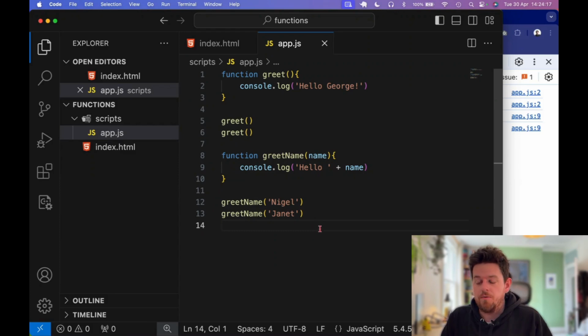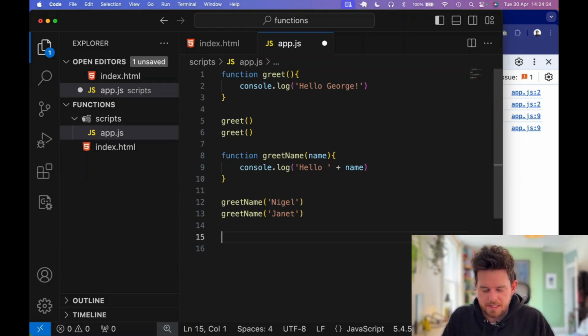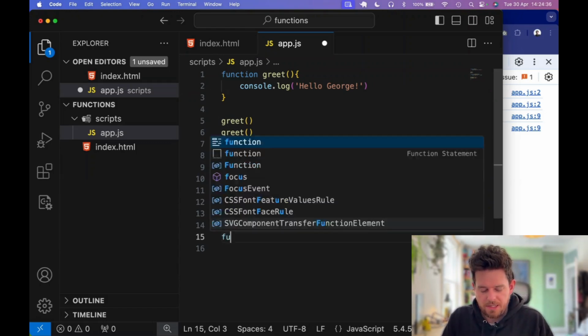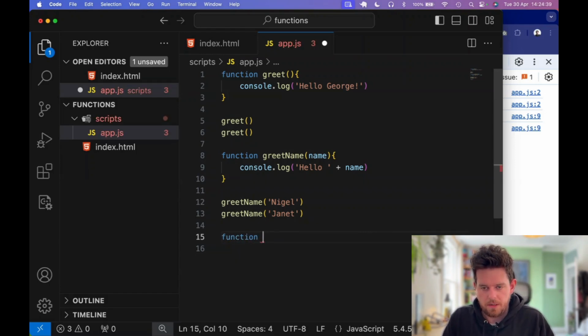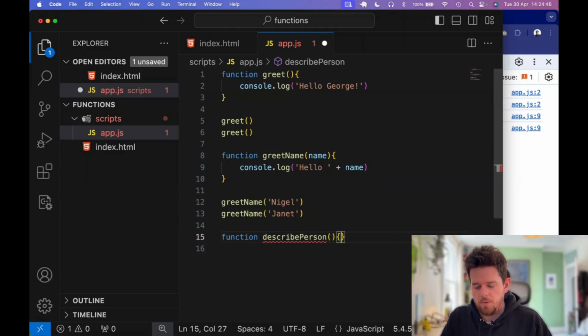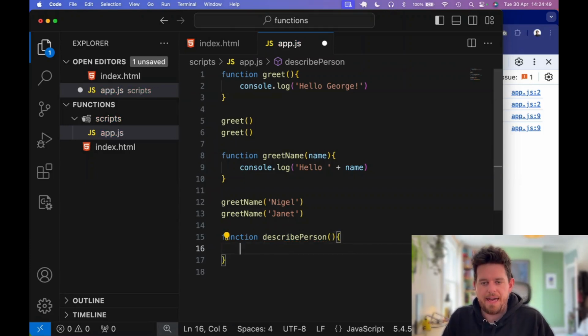So let's now write a function that has a bit more information. We need to pass a few different pieces of data into our functions. So we'll say function describePerson, and then parentheses and curly brackets. So what I want to do here is pass in the person's name, age, and